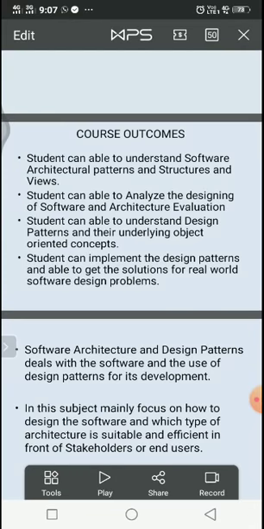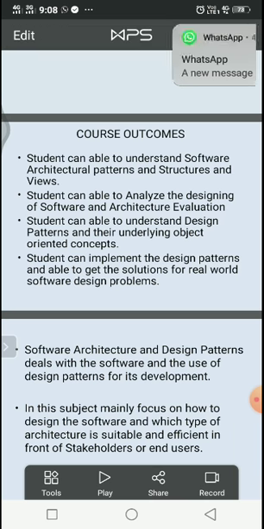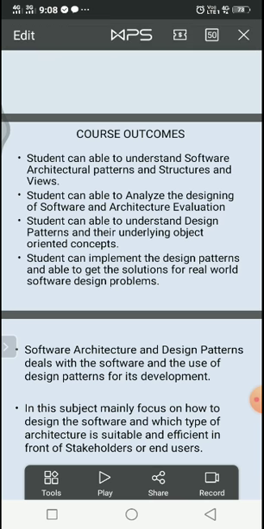Okay, and the fourth course outcome is that the student can implement the design patterns and get solutions for real world software design problems. That means after the completion of this course, you will be able to develop the software in an efficient type of architecture. Okay, and